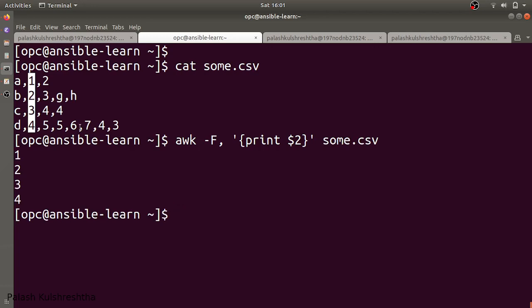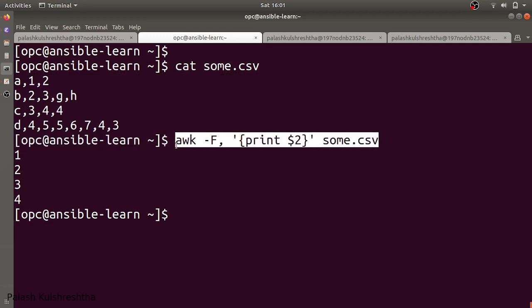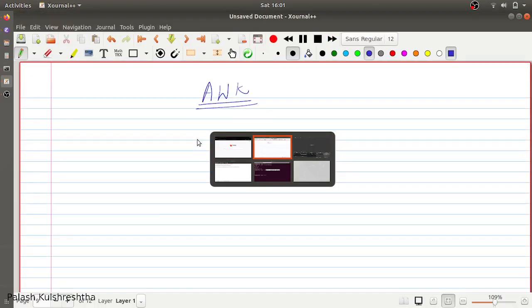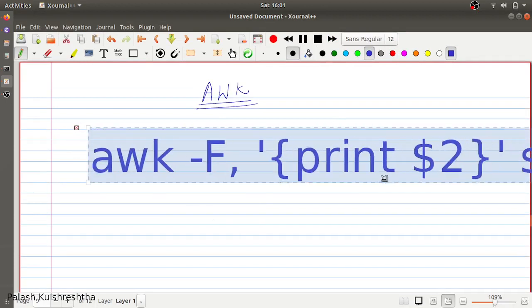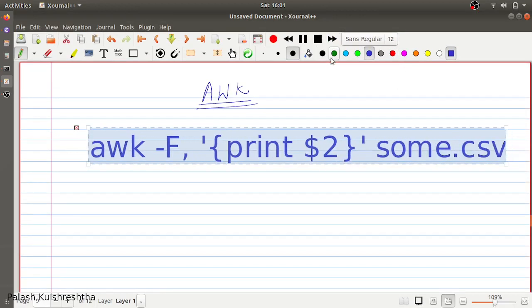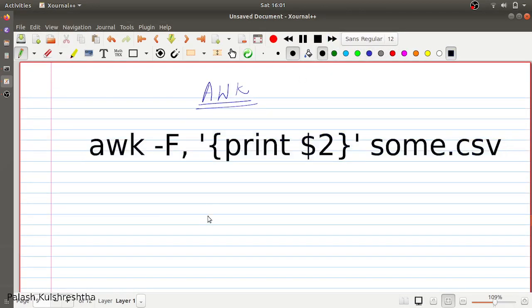So let's try to understand the awk command. This is the awk command that we're talking about.